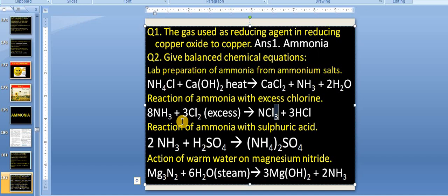Similarly here also, ammonia plus H2SO4 gives ammonium sulfate. Okay, so the same answer type. Last reaction,